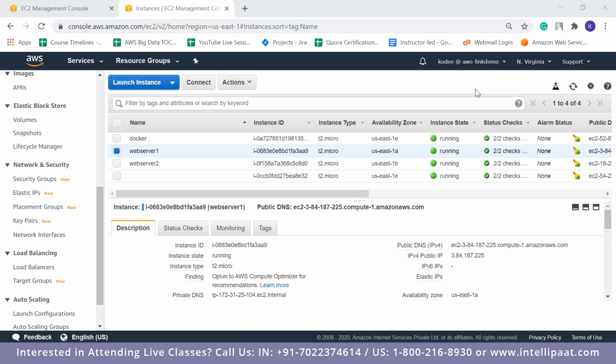Here you can see what job opportunities are available. First we train you on the particular technology and see how you are performing. We check all the projects and assignments, and accordingly we help you with your resume preparation in case you need that. And after that we help you with the job placements also.